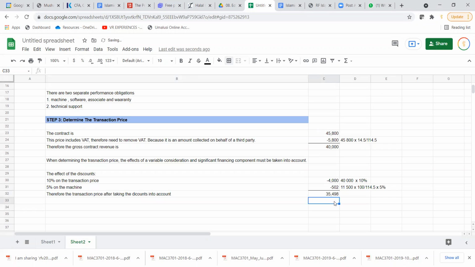Okay, so it is $35,498,000. Now we will have to factor in the significant financing component. Okay, so for a significant financing component,